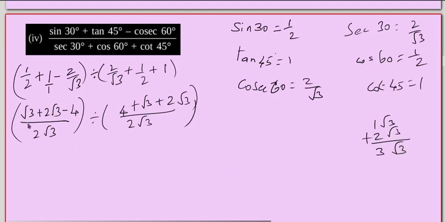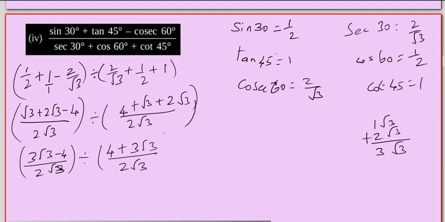Okay, if you are adding, so here what we have, 3 root 3 minus 4 divided by 2 root 3. Okay, and this one, if we keep this division, as its next step we will change. Okay, so here 4 plus these two terms, this also becomes 3 root 3, 3 root 3 divided by 2 root 3. Okay, now we brought into single terms, right? Now we will change into multiplication. So 3 root 3 minus 4 divided by 2 root 3 into here 2 root 3.